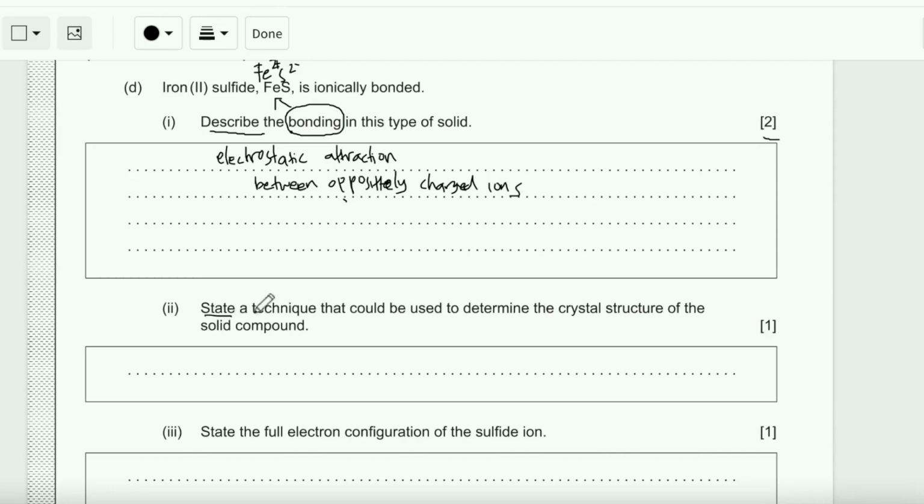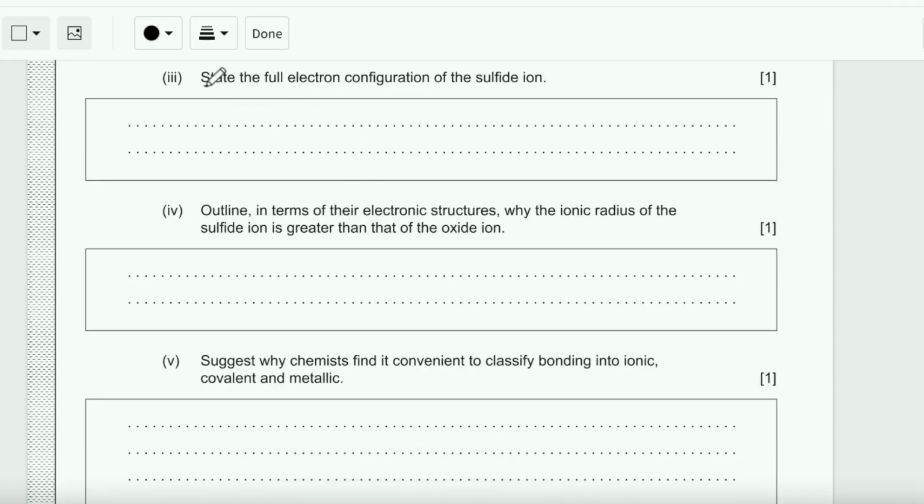State a technique. State a specific name or value, a brief answer without explanation or calculation. Very simple answer. What could be used to determine the crystal structure? It's only X-ray crystallography. Next question: state. Again, a very brief answer. The full electron configuration of the